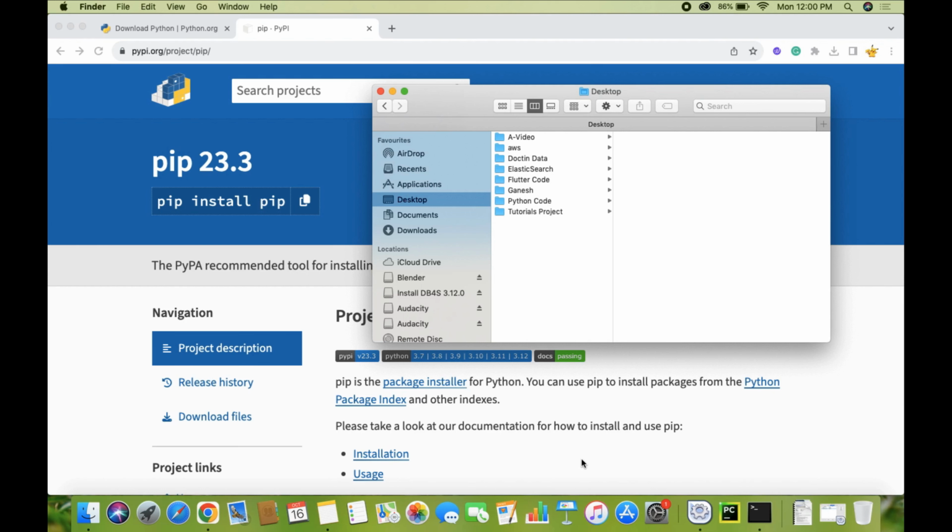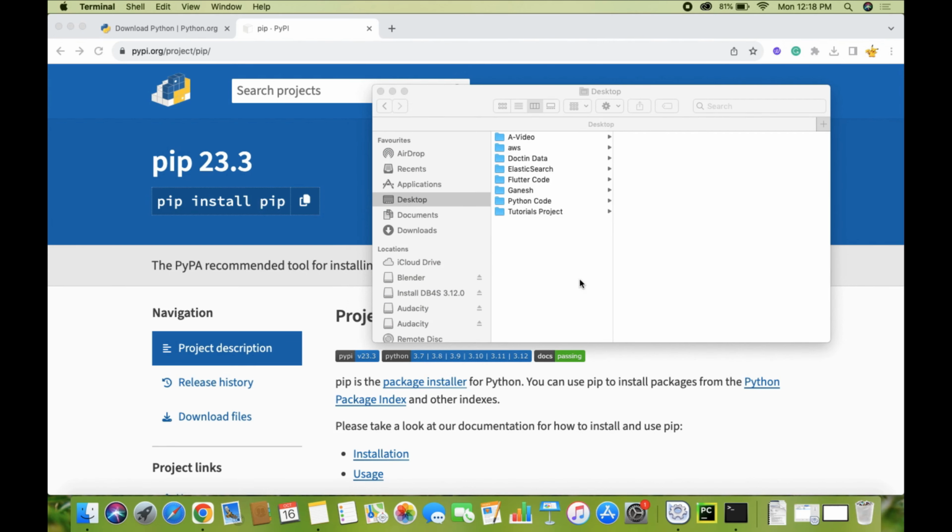It is suggested to have a dedicated virtual environment for each Django project. And one way to manage a virtual environment is venv, which is included in Python. The name of the virtual environment is your choice. In this tutorial, we call it